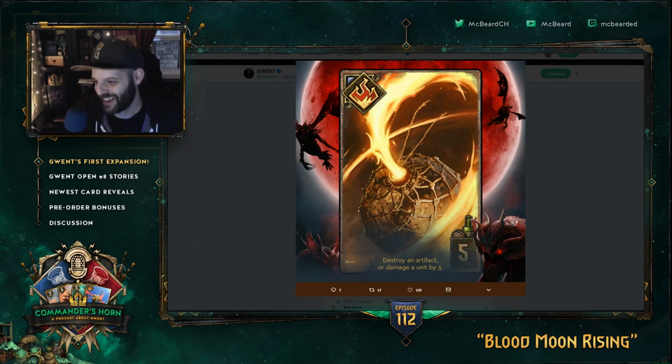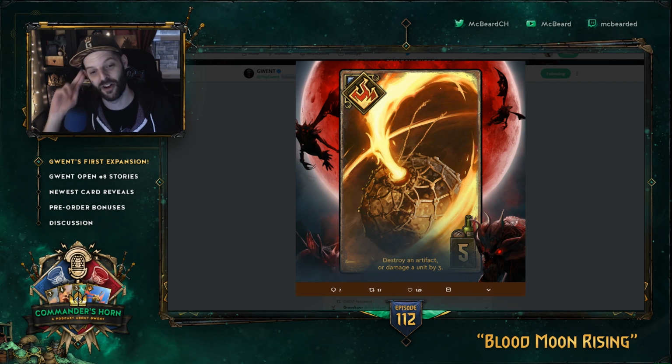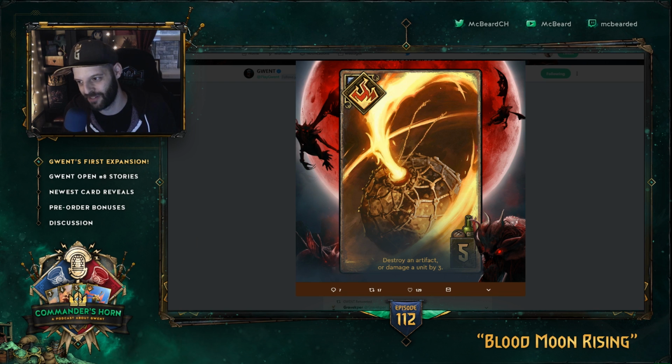Oh yes. We have a 5 provision point neutral special card. Destroy an artifact or damage a unit by 3. There you go. It is an alternative to Bomb Heaver, and just like the Thaw card, which is an alternative to Scout, or an alternative to Clear Skies, or an alternative option. That's what this is. It's just an alternative option, alternative tech,